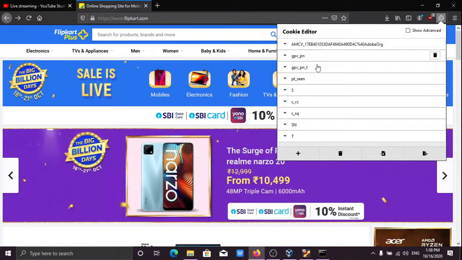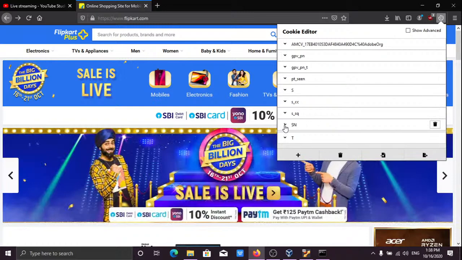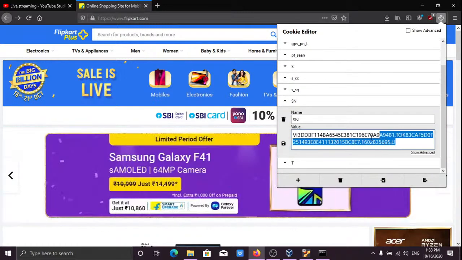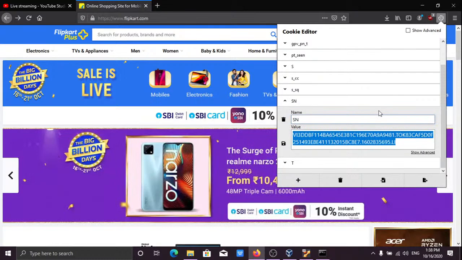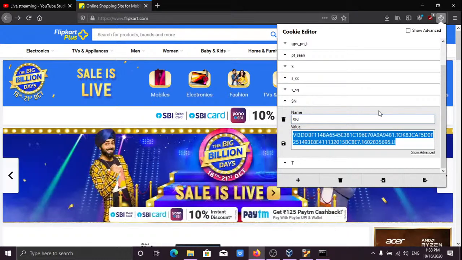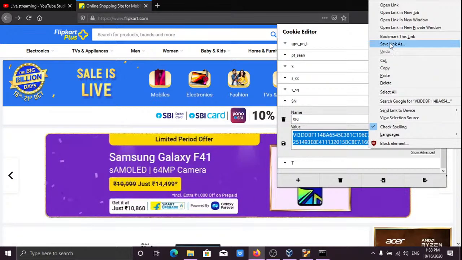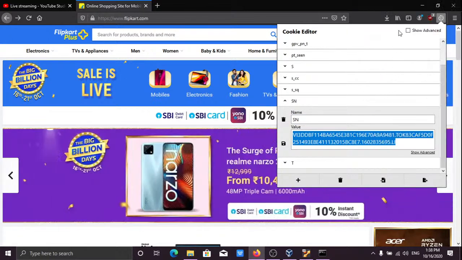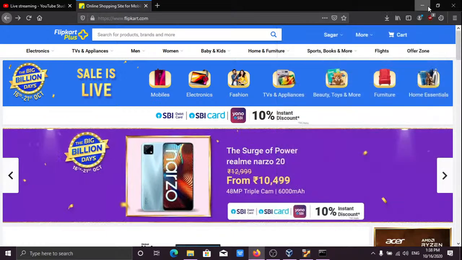So what I need here is a particular value called the SN value. This is the particular cookie value that is being sent from this device to the Flipkart server, through which Flipkart is able to identify who I am. Now if I copy this one, if I am able to somehow get this data,